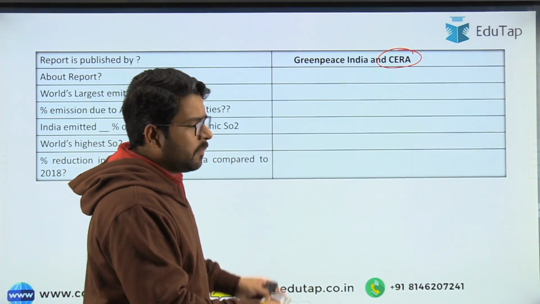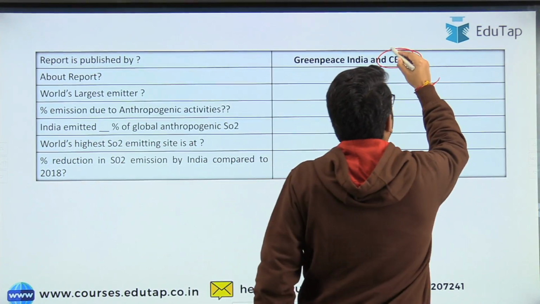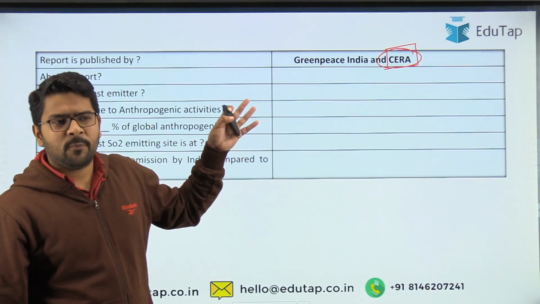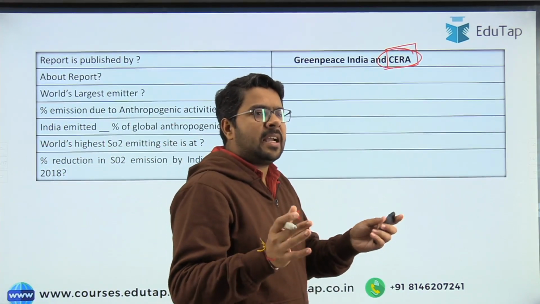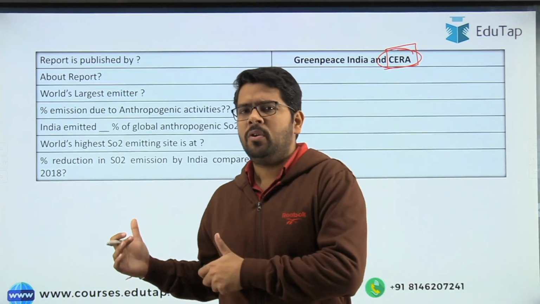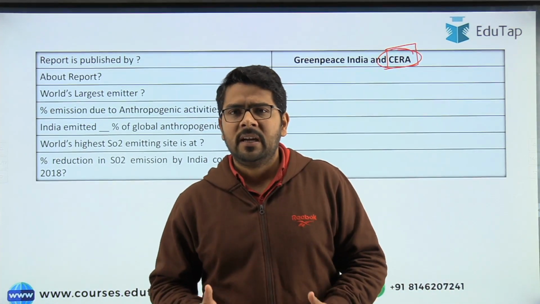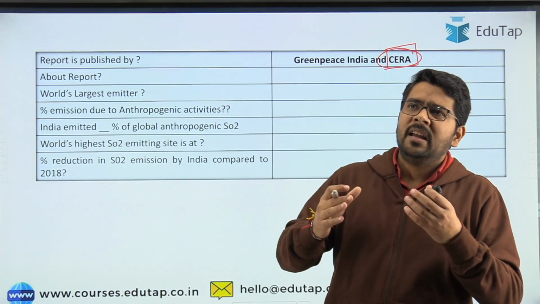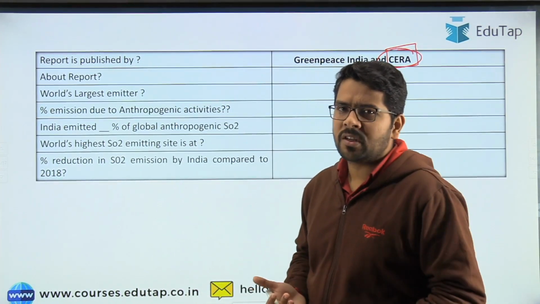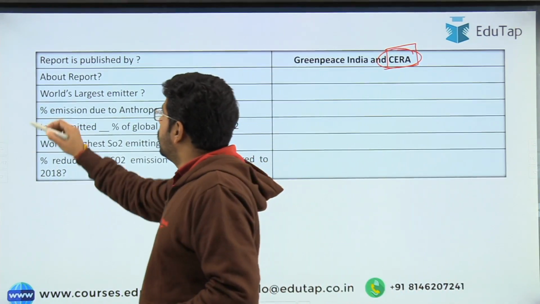So please refer to it one time, and also remember the full form of this agency. What is this agency doing? It is basically collecting the data in regard to climate change and publishing it, just like this report. They are doing the analysis of all the data and publishing those reports, just like this report.